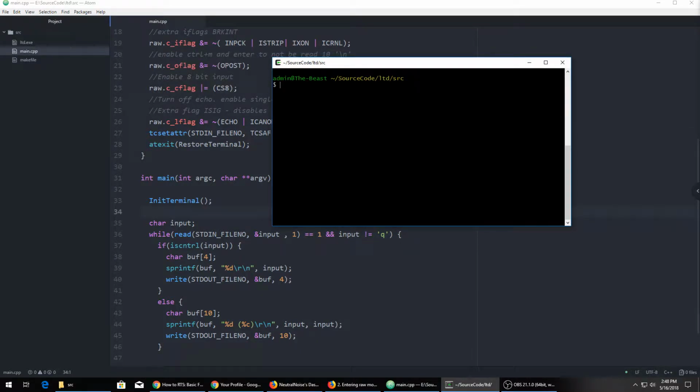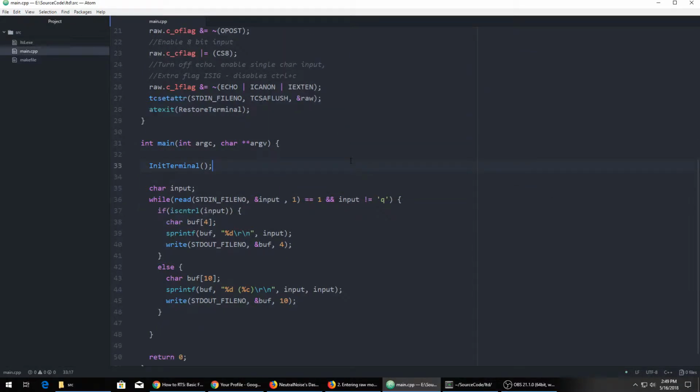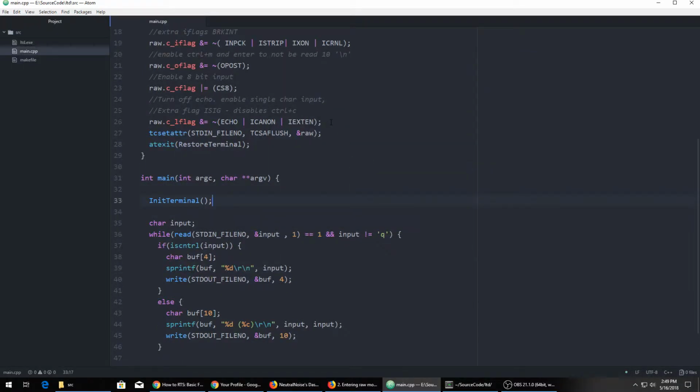Alright, so error handling is pretty easy. So, not error handling,